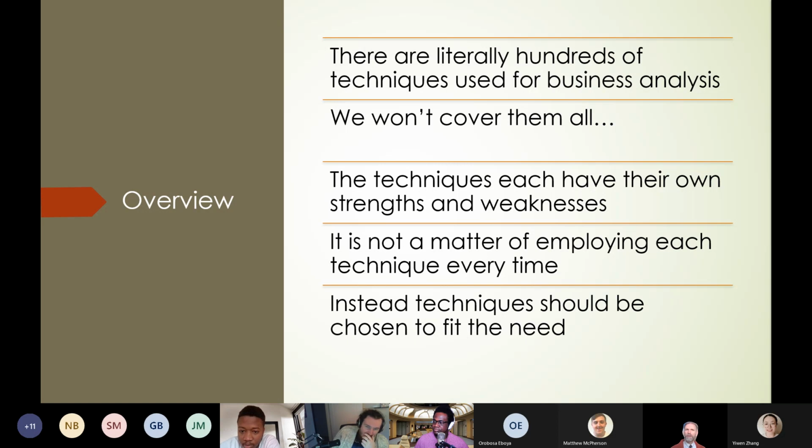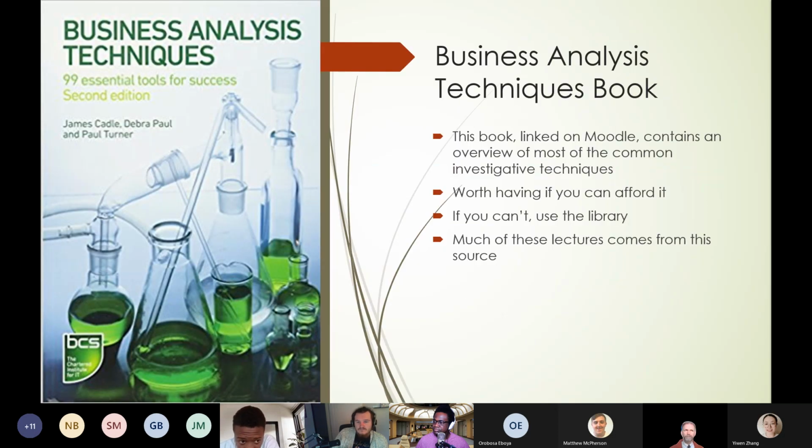So we're not trying to employ every technique every time. Of course not, that would just be silly. So it's good to have an idea of what the different techniques are and how they might be used so that you can bring these things into use as and when you need them. So just like any other toolbox, there's lots of tools in there, but you don't use the same tool every time. You don't always use a hammer. I know some of you will, but that's not a good approach to things. So try and understand the techniques, try and understand what they're trying to do and why they might be the best thing for what you're doing at that point.